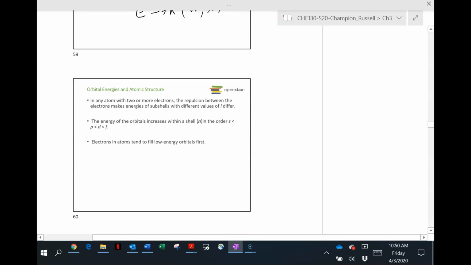Generally speaking, S is lower in energy than P, which is lower than D, which is lower than F. Remember that L has values of 0, 1, 2, 3 typically,